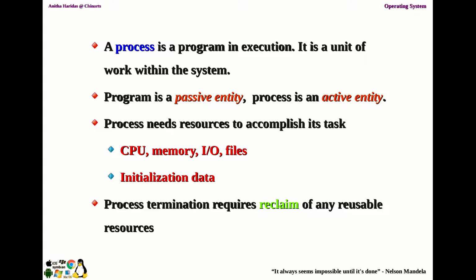When you initiate the application, obviously the program needs to be executed in the CPU. Then this program must be loaded into the primary memory, and you need the keyboard and monitor for typing the document. So there comes the input output device. Not only that, you need to store this document in your secondary storage device as a file. So there comes the file. So just for preparing a document, you need these four different resources to complete the task.